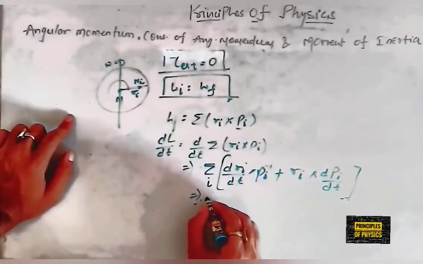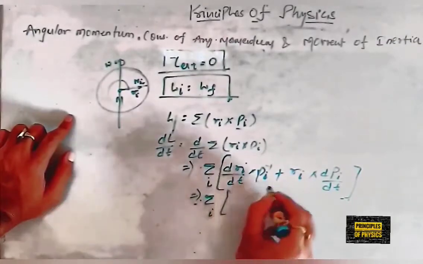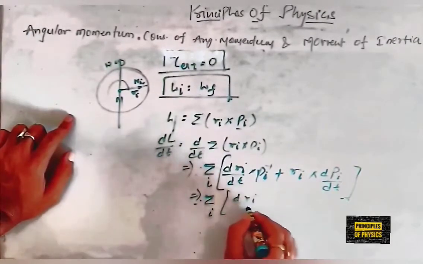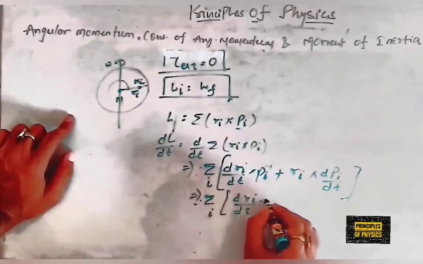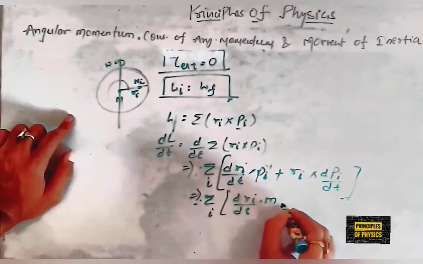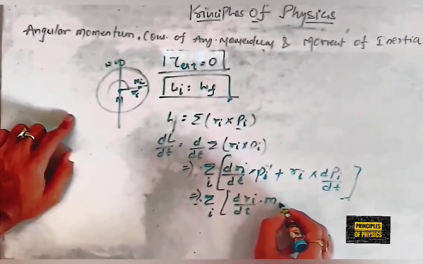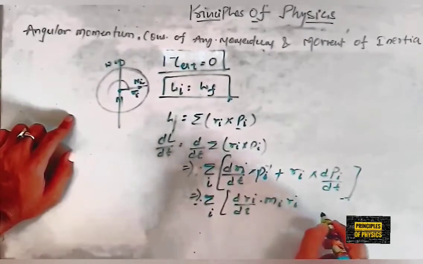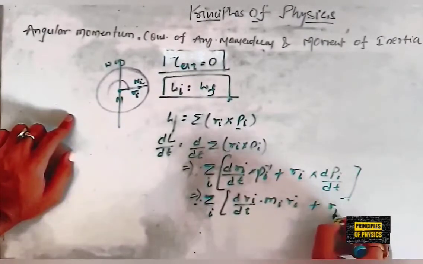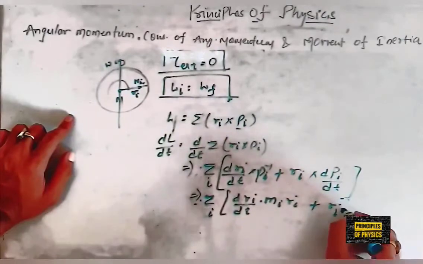And we can write pi as mi times dri by dt, plus ri cross